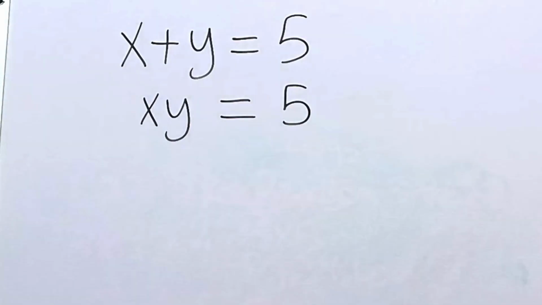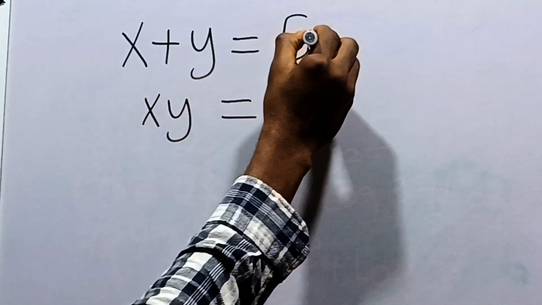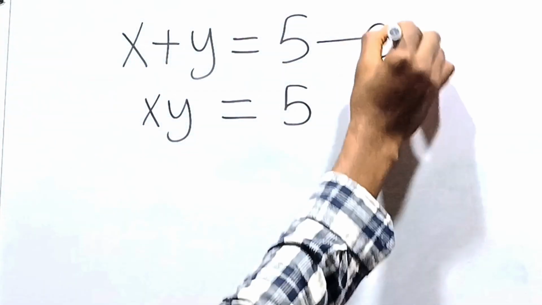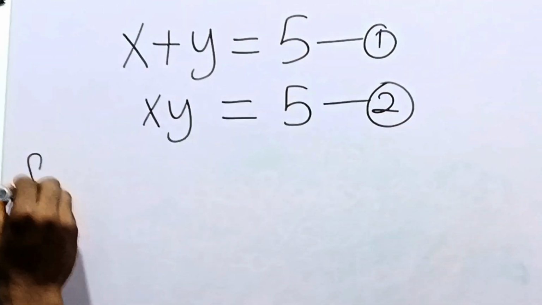Let's solve this together. It says x plus y is equal to 5 and xy is equal to 5. We're required to solve for the value of x and y in this question. Now the first thing we can do here is to call this equation 1 and call this equation 2, so that we can say from 2